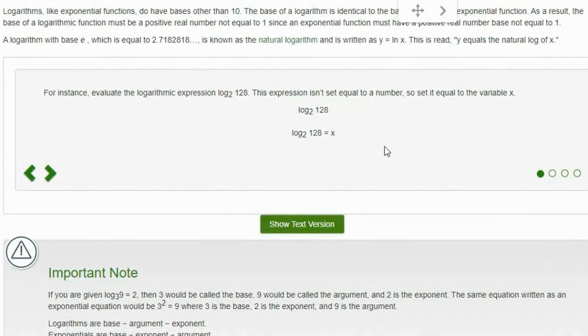Okay, so it says evaluate the logarithm expression log base 2 of 128. This expression isn't set equal to a number, so we'll set it equal to X because it just says log base 2 of 128. What? That's a number. Log base 2 of 128 is a number. Doesn't look like a number. We're not used to thinking of it as a number, but that is a number. So if we set it equal to X,